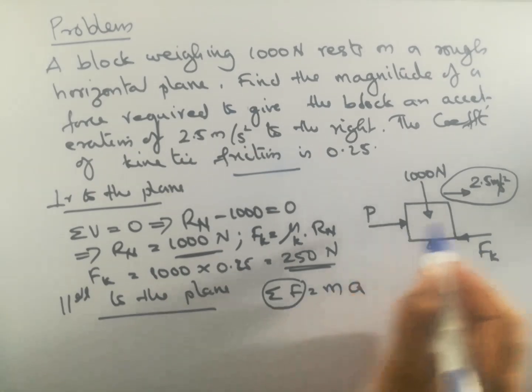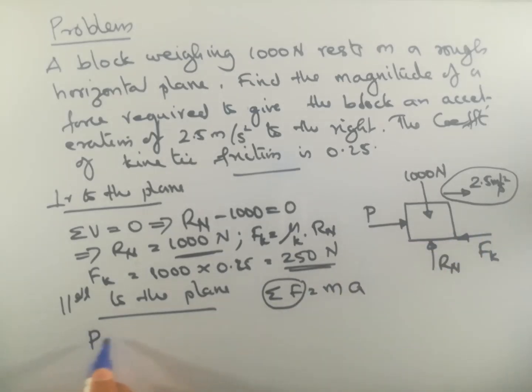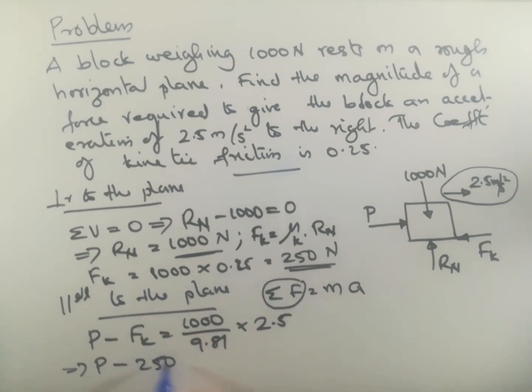So therefore P is acting towards right, so it is taken as positive. P minus Fk equal to ma. Don't write equal to 0, it should be equal to ma, where m is mass of the body, that is equal to 1000 divided by 9.81, that is w by g into acceleration. Acceleration is 2.5. Okay, so that will give P minus Fk, that is 250, equal to 1000 into 2.5 divided by